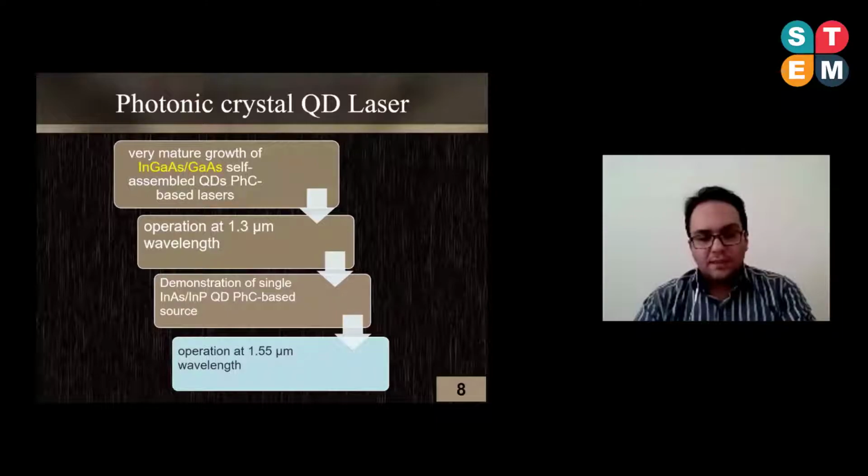Indium arsenide and indium phosphide quantum dots, due to their reduced lattice mismatch as compared with indium arsenide and gallium arsenide quantum dots, are a promising platform for a quantum dot laser working at 1.55